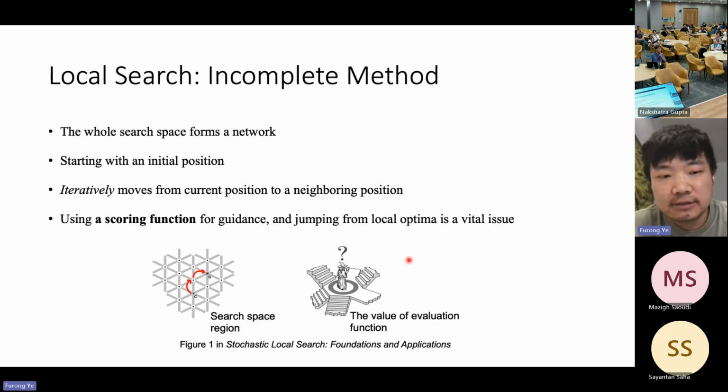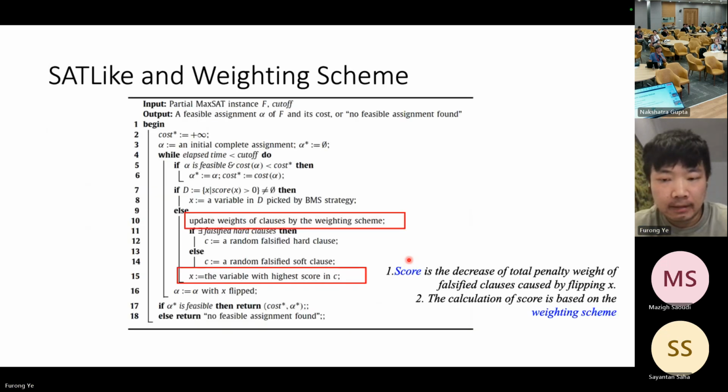And a local search usually starts with an initial solution. After that, it will iteratively move from one solution to another one. And these moves will be guided by some strategies. In this work, we use a score function, which I will explain later. And the key issue is to use this score function to escape from local optima. And nowadays, for MaxSAT problems, most of the recent local search work we can see is built based on the